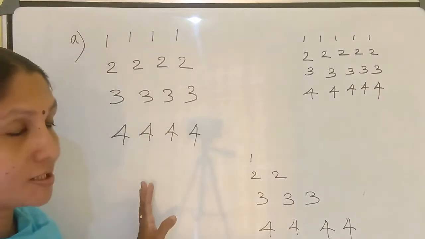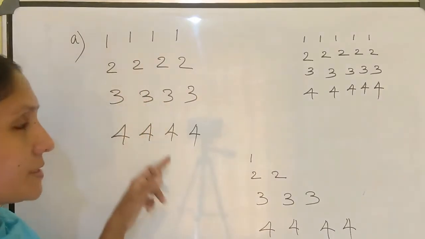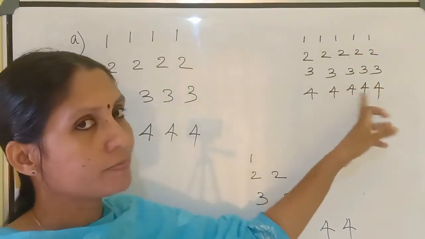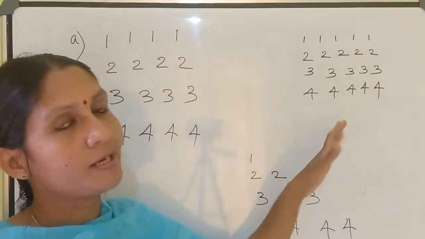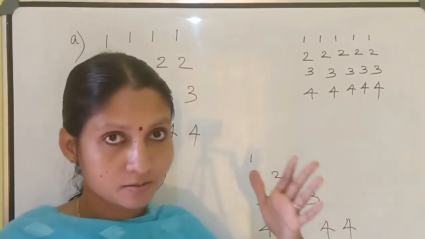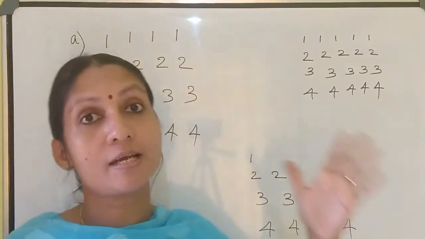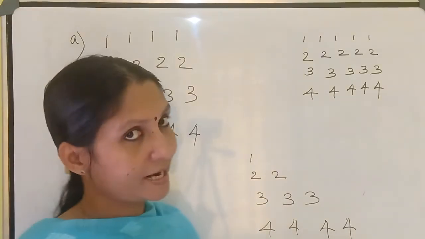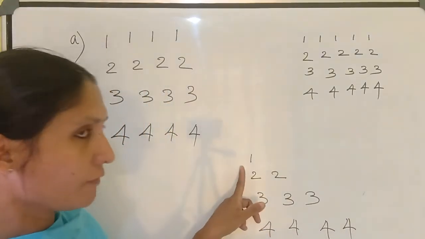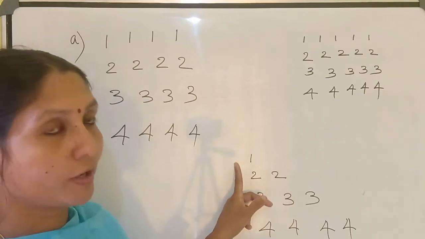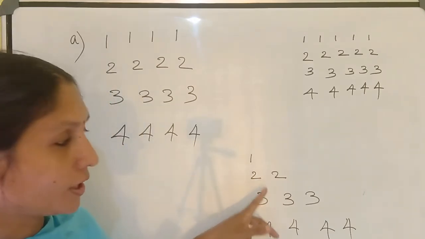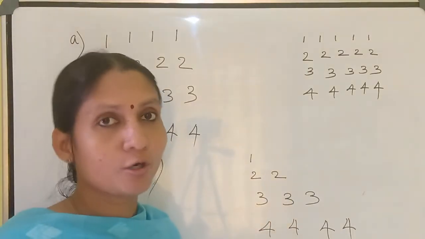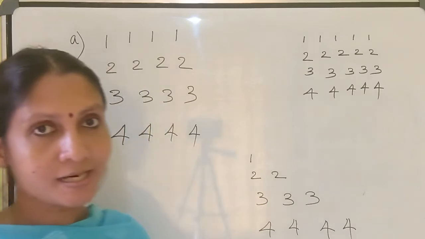First, we know the square shape: the columns and rows are equal. The rectangle shape, here see, has 5 columns and 4 rows. That means the number of columns and the number of rows are different. In this picture, this is a triangle shape. In the first row we have only 1 column, in the second row 2 columns, in the third row 3 columns, and in the fourth row 4 columns.